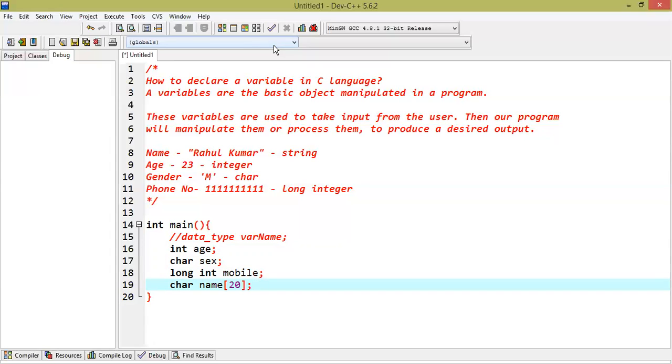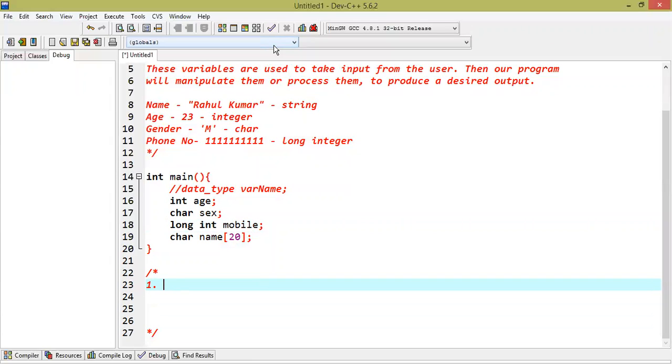Before I move further, on how to initialize a variable, there are a few rules we need to understand while giving a name to a variable. Look at the names that I have defined here. All names started with a small case, or we can say lowercase. There is no name which started with a number. Next, I'm going to list a few rules, and you should remember those rules when you're programming in C language.